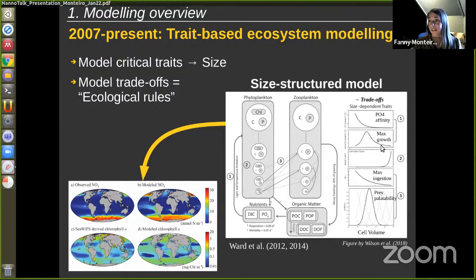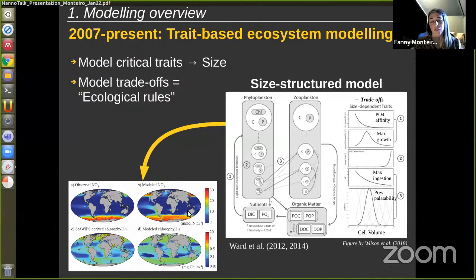So the model has this kind of bell shape to represent maximum photosynthetic rate. We know that ingestion for the grazers decreases with size, etc., etc. So we have all those relationships that determine the processes of the organism as a function of size. And because size is a master trait for ecology, the model does a pretty good job at capturing the nutrient